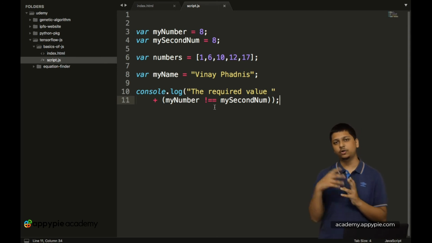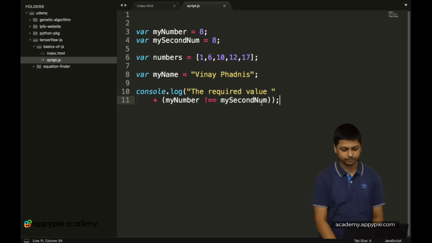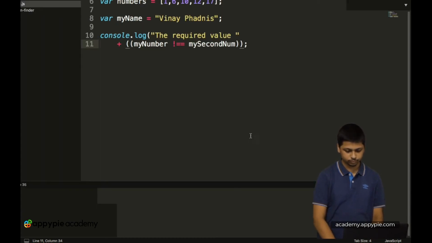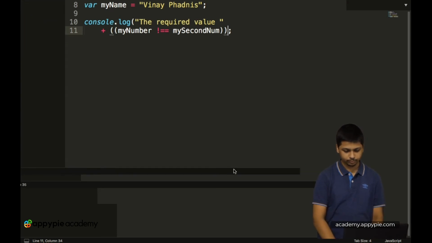Then next up we have OR and AND statements. Okay, so over here let's again close this within another pair of round brackets. And over here essentially let's add in another condition.